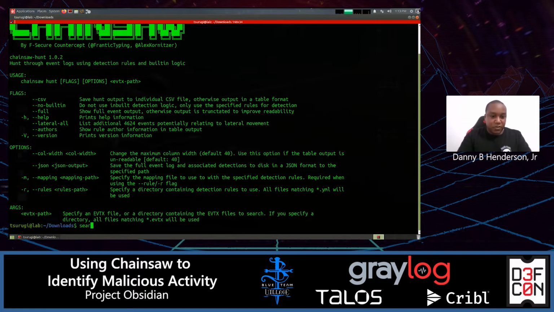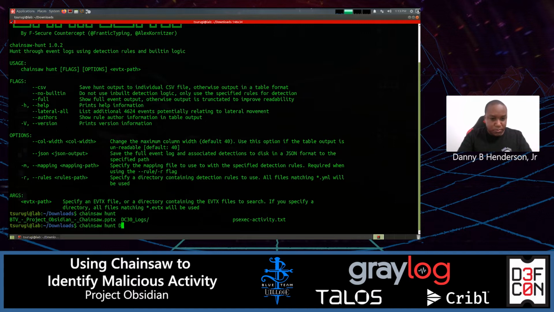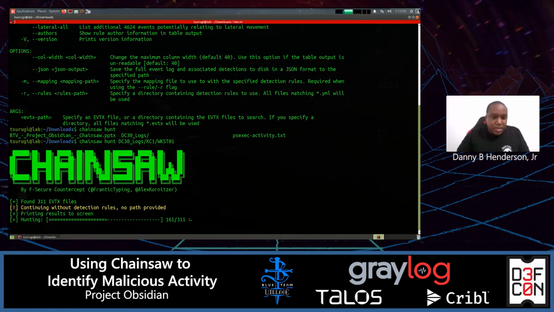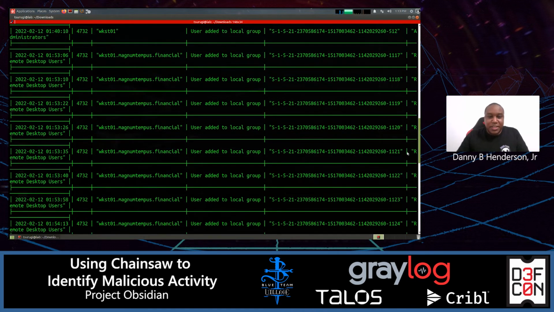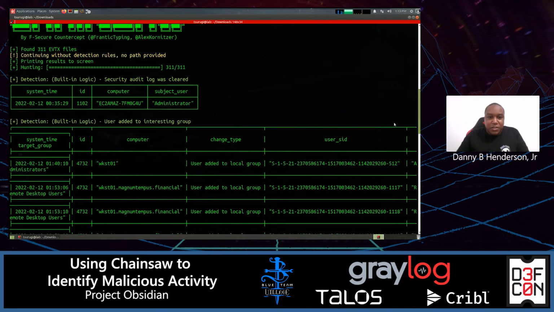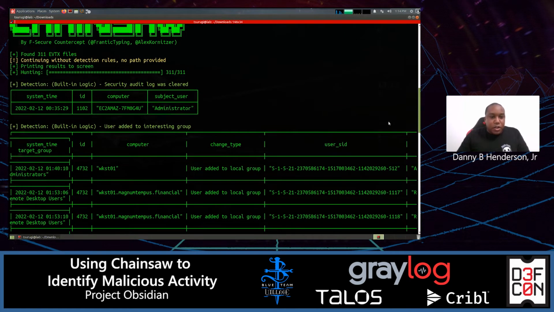So let's do this one first. We're going to check on one of the workstations. This one's going to be with the built-in tools. So we're going to do a hunt. We didn't add anything new to it, but we do have a nice output out of this. Now we also see that it takes everything out. So here we at least have some activity from the built-in logic, such as the security audit being cleared